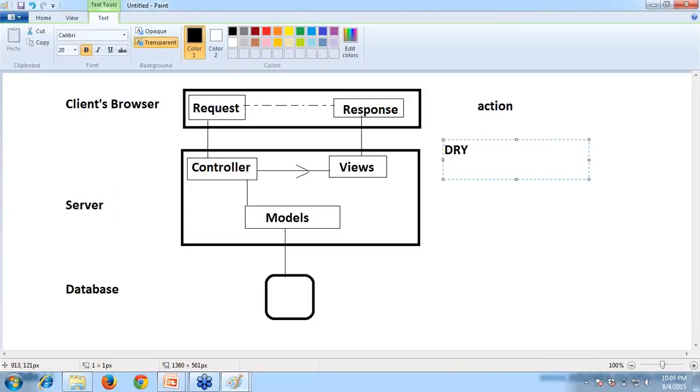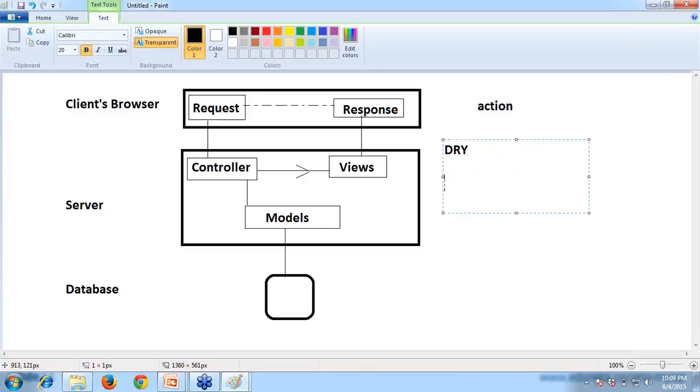DRY, do not repeat yourself. In simple words, don't write repeated code in different programs, or don't write the same programming statements in different programs. Don't write the same code in different places.